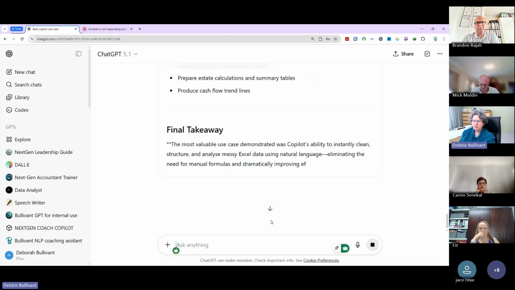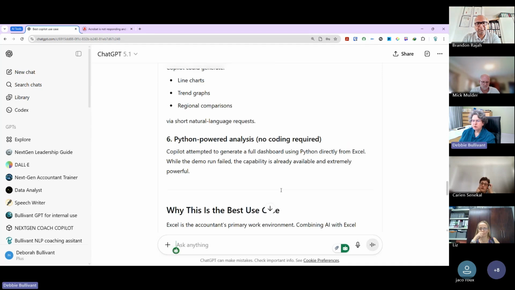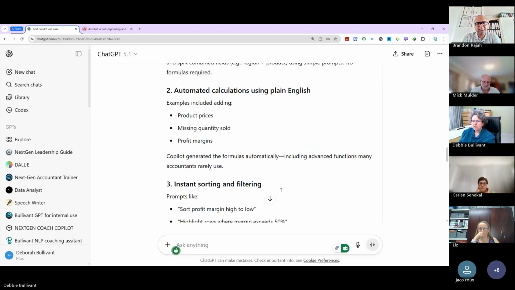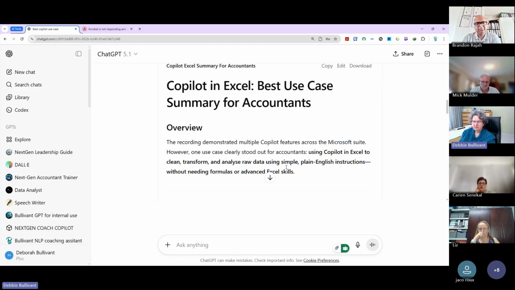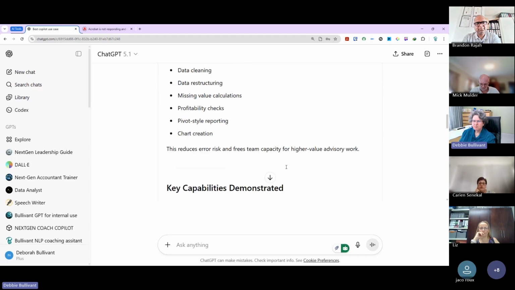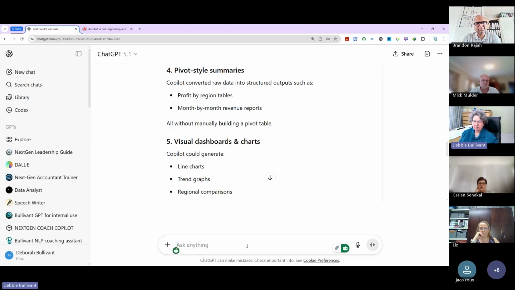Down here, it's still writing. When it's finished, it says all set. All you do is go back up to the top, copy it, and you can paste it onto anything that you want. If you don't like it and you say, oh, you know what, this doesn't explain anything, then what you can say is,